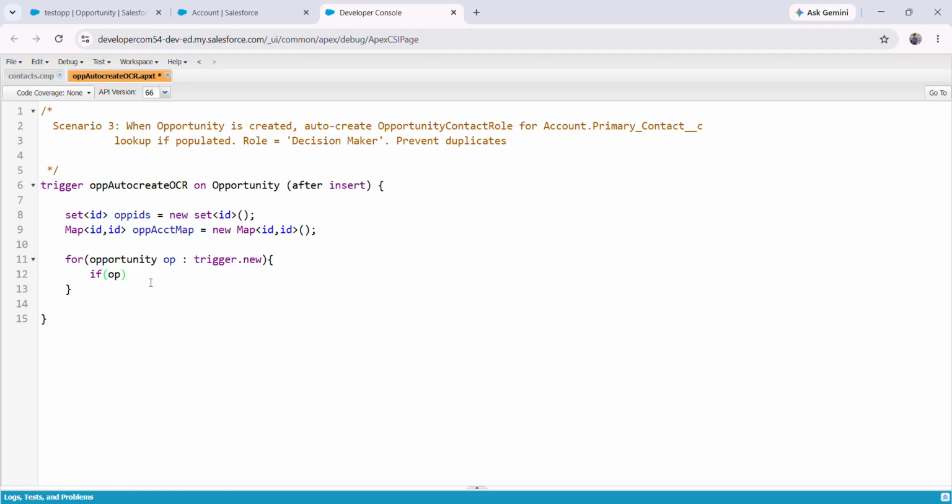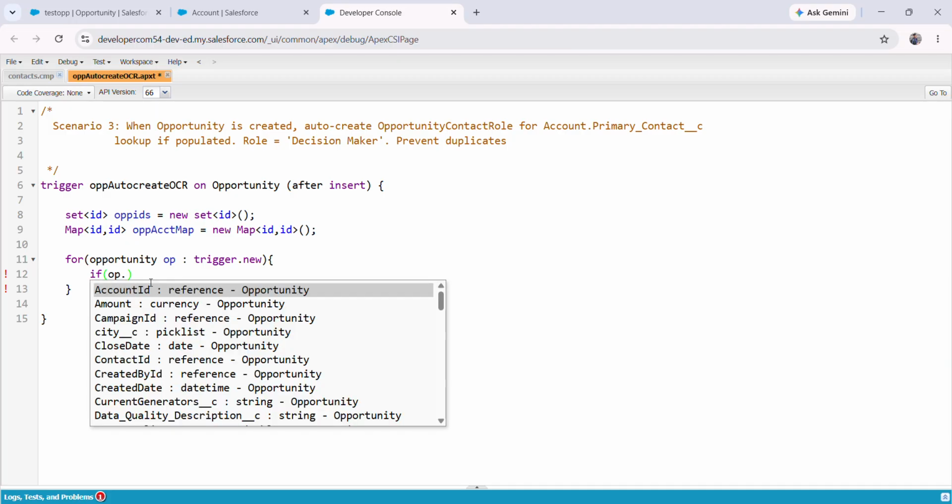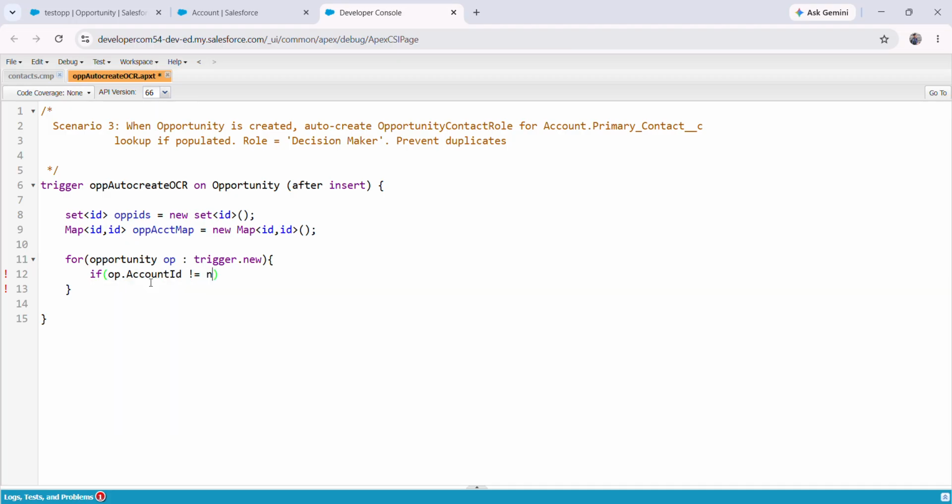It is not mandatory that an opportunity will have an account, so we always check for null values. If the opportunity doesn't have an account id, then we have to work accordingly. But here we will check whether op has an account id: if op.AccountId not equals to null,